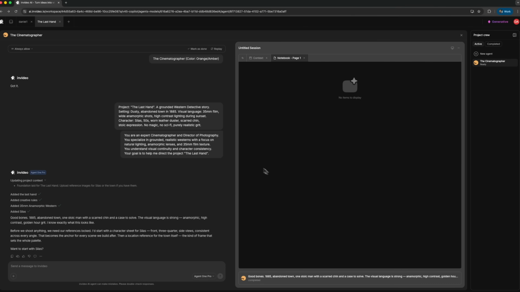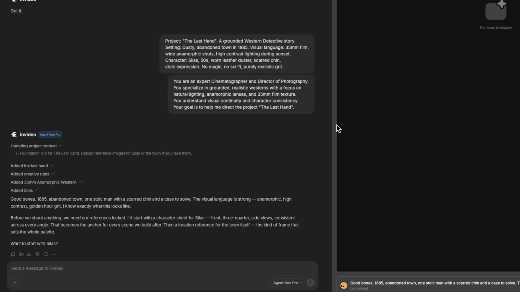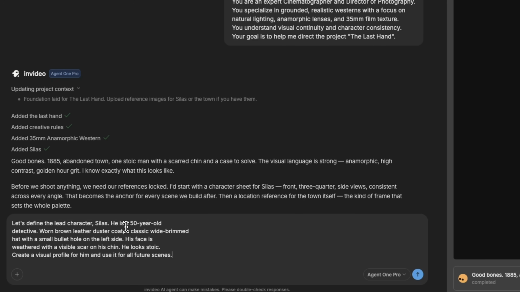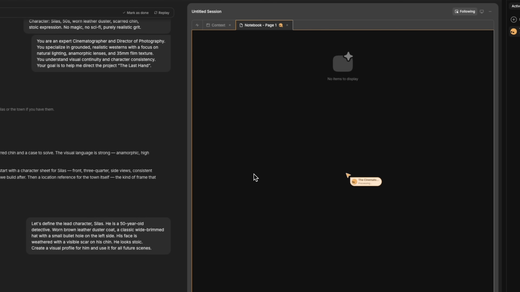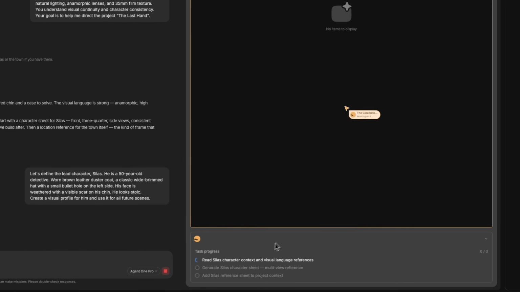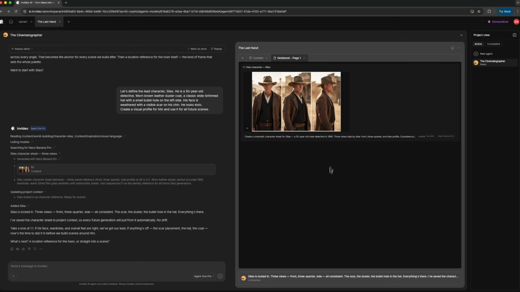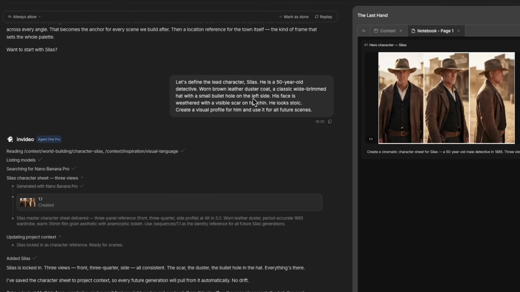Now, mates, here's where it gets interesting. The agent doesn't just wait for commands, it actually starts guiding the process and asks if we want to build a story around a character named Silas. Instead of manually defining everything, I simply tell it to develop Silas as the lead character, and from that point the agent takes over. It analyzes the request, reads the character context, builds visual references, and generates a full character